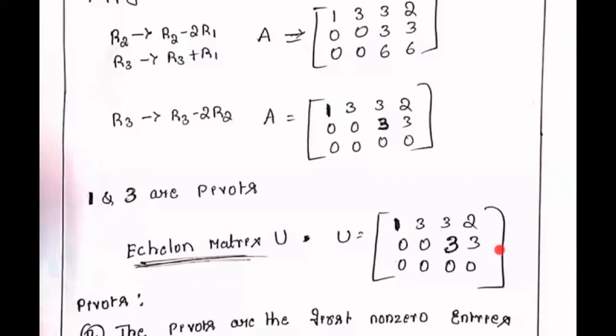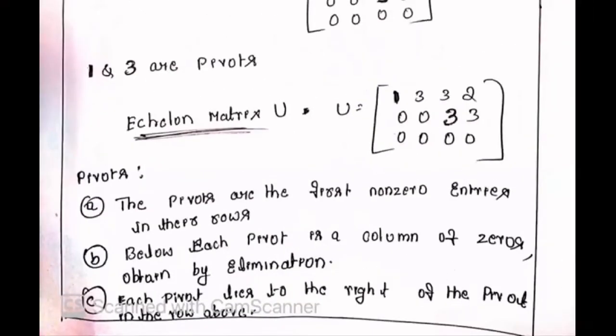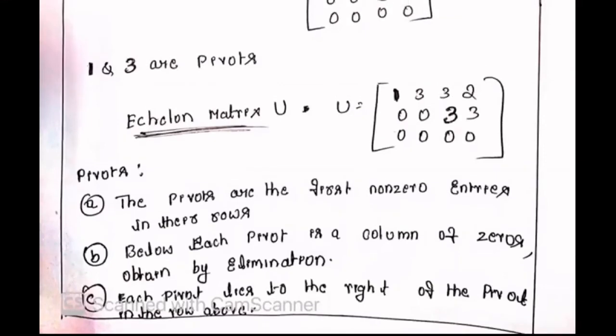So what we are doing is, this is called as echelon matrix. One of the important things you should do is consider the first row, and all the elements under the first element of the first row should be 0. Like that you are going to do it, and you are trying to express it in upper triangular matrix. Then you will get like this. And make sure that all the pivot elements are 1 and other elements are 0. So these are all the conditions.